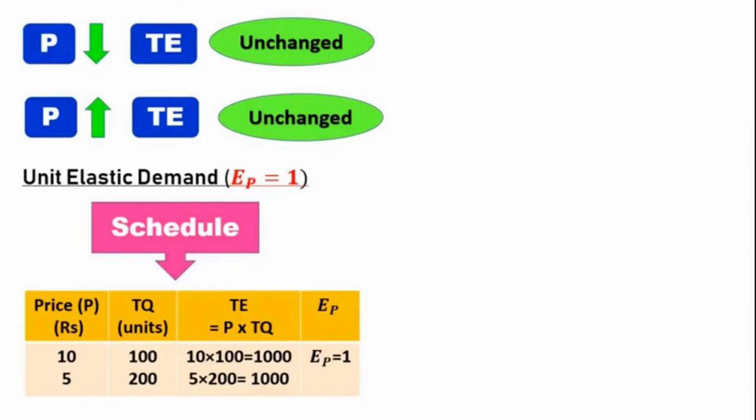Here you can see an example where nothing has any slight changes. So the price is 10 and 5. When the price was 10 rupees, the quantity purchased was 100. That is price into quantity, so it is equal to 1000. When the price becomes less, the quantity demanded is 200, so 5 into 200, you are going to get only 1000. So it is equal. This is also a method where you can see the total expenditure is unchanged.